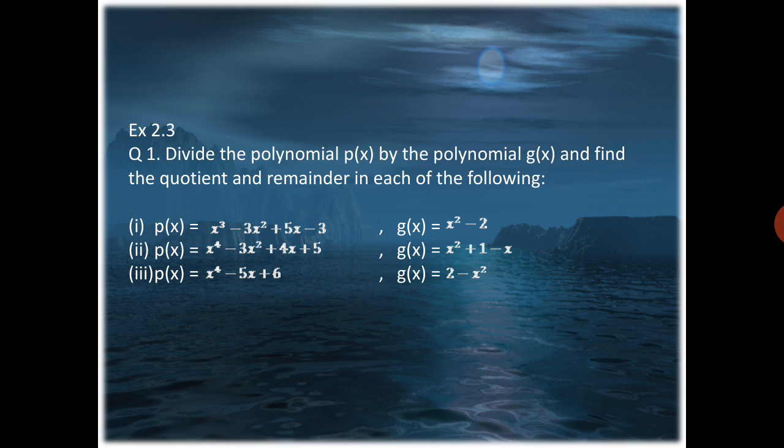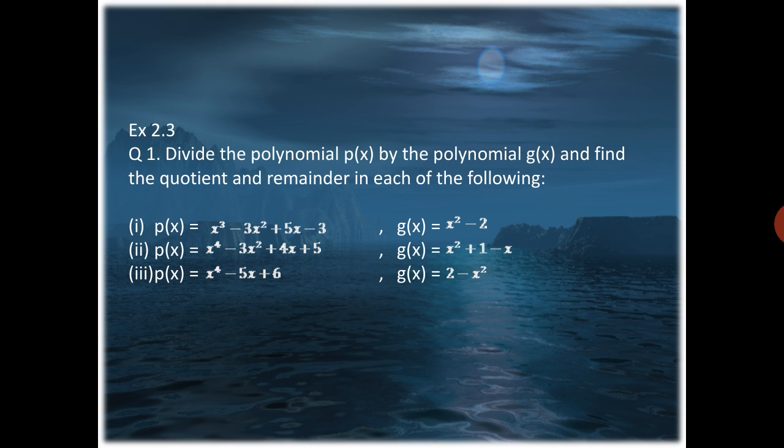That is how you get the entire polynomial in descending power of their exponents. Regarding the g of x of the same question, the order is not correct. We will change it into x square minus x plus 1. This is how again the polynomial will be written in descending order of their powers, that is exponents.